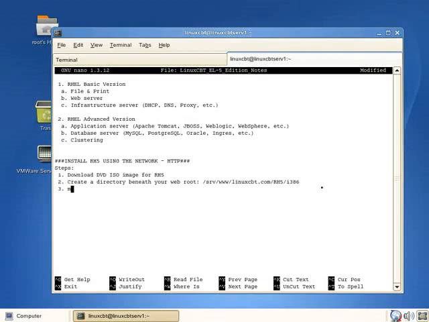Next, mount the DVD ISO image to the web root as follows. Source ISO image and destination. In this case, the destination is serve www linuxcbt.com rh5 i386. Test that it's accessible, so test accessibility